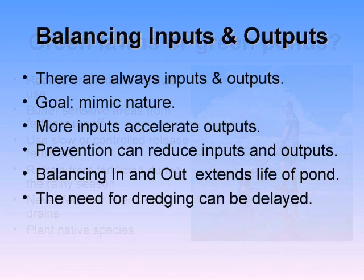What we need to do really is focus on balancing our inputs and outputs. I'm not going to tell you don't fertilize. Well, I might tell you don't fertilize. I prefer you don't fertilize, but you're going to do it anyway. So I'm going to try to help you balance your inputs and outputs because I'm not going to be able to convince all of you not to fertilize your backyards. So I want to start out with